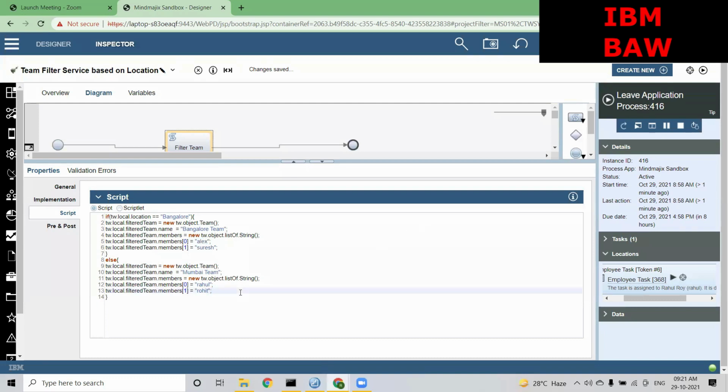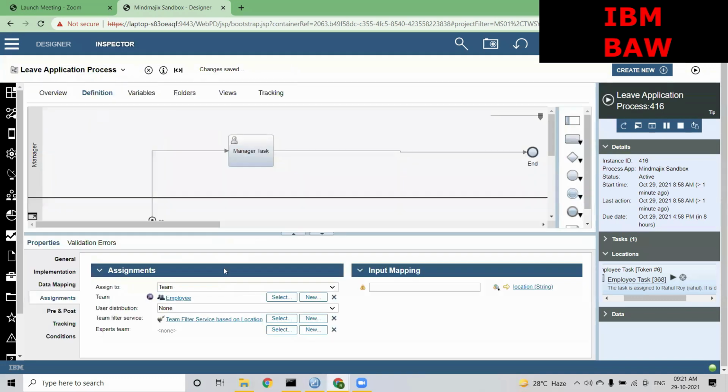So let me save this. Now, if I go back to the process layer, on the right hand side there is some input mapping which has come, called location, because we have mapped a team filter service which takes an input called location. As soon as we added a parameter inside the service, the input mapping is also appearing over here. So let me create a variable,